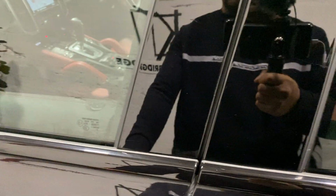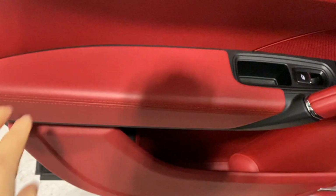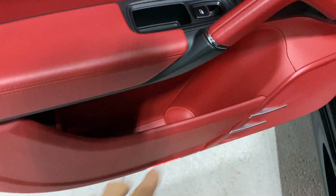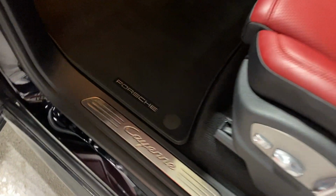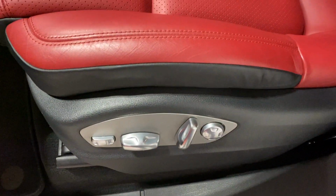And the same on the passenger front compartment, so the black leather with the red stitching, lock and unlock, memory settings for the seats, that was an option, the gloss black trim, that's an option, big door bins there which are fantastic, very practical, Porsche floor mats and Cayenne sill plates, 14-way electric memory seats